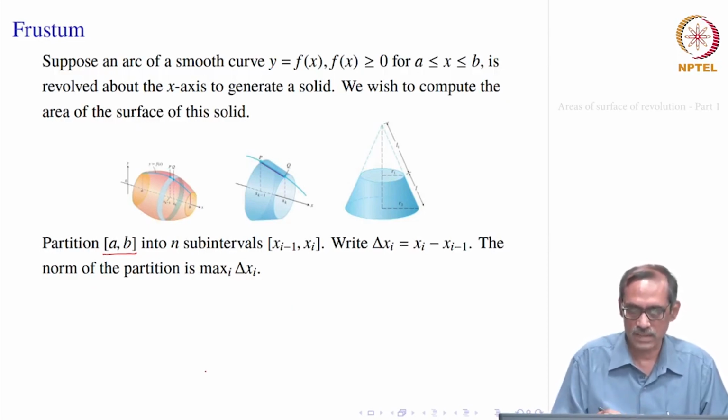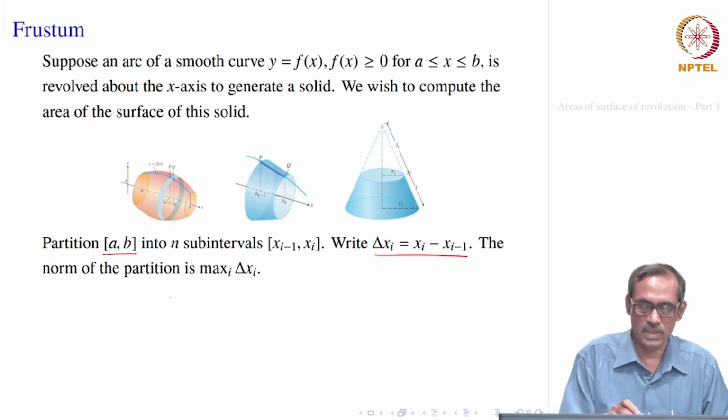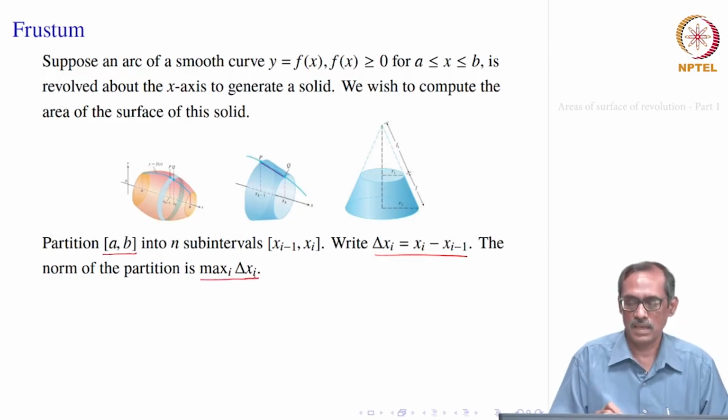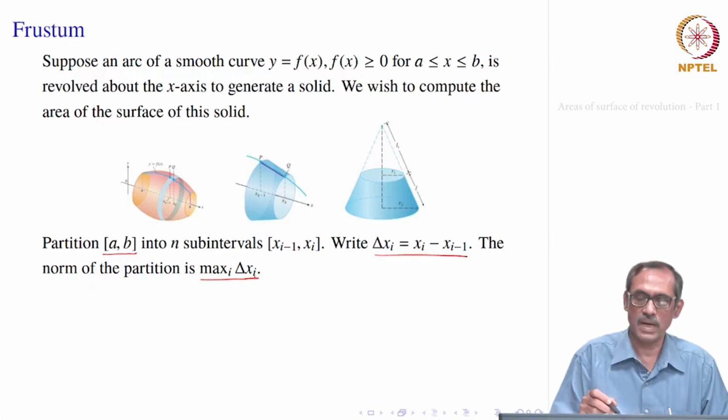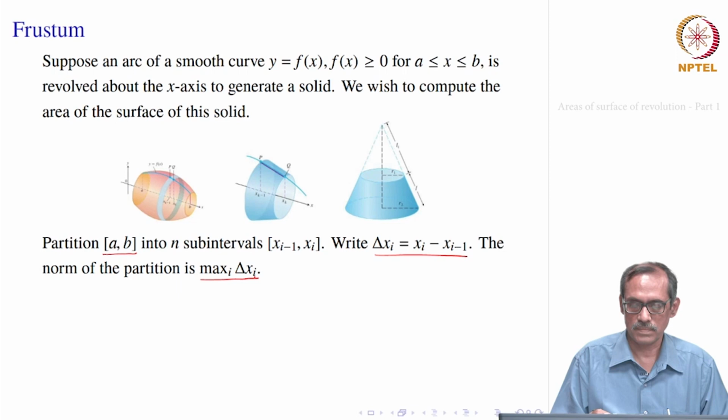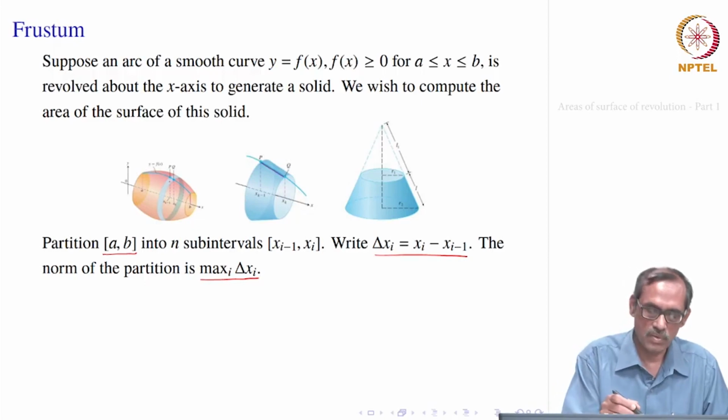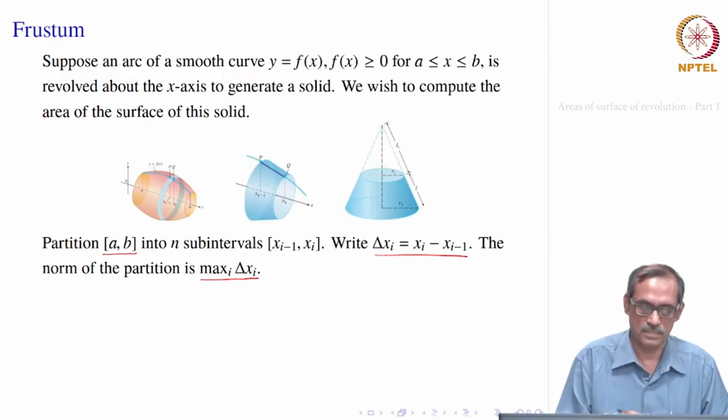So, you want to find that surface. Let us write the length of the sub interval as delta x i, which is x i minus x i minus 1. Now, as earlier we will say the norm of the partition is the maximum of this delta x i, and we want to take the sum and later take the limit when this maximum of delta x i goes to 0. That would give us the area of the surface. So, in between we have to see what exactly is the area of this band.